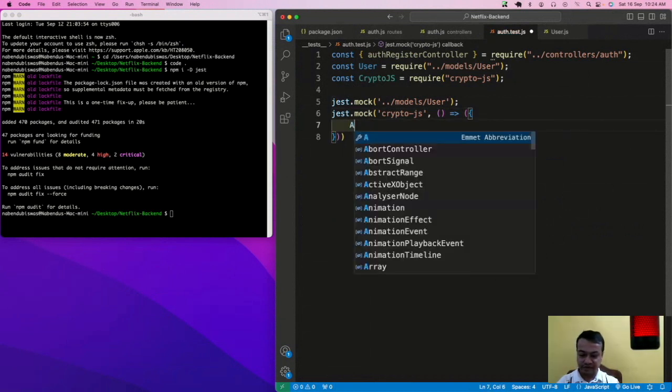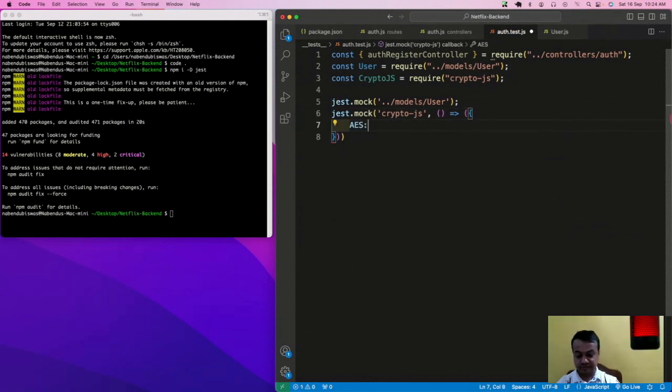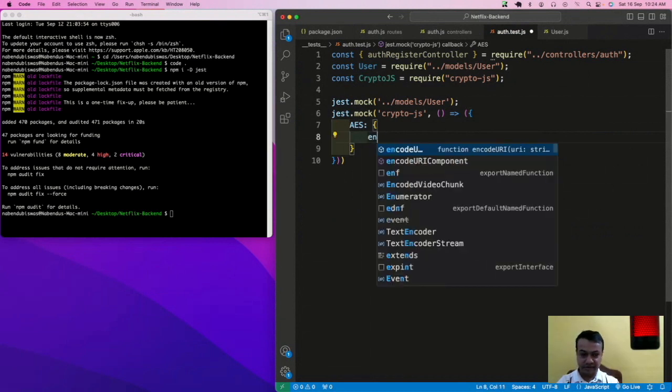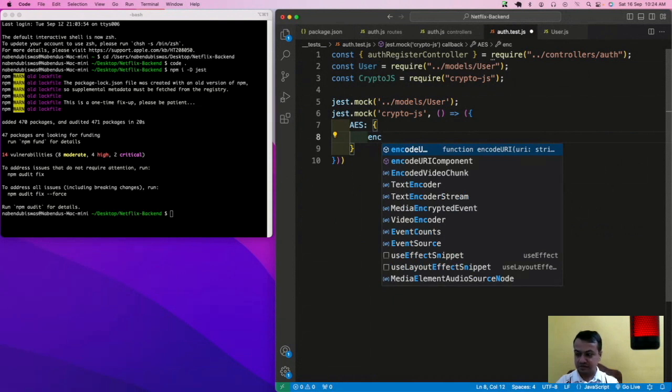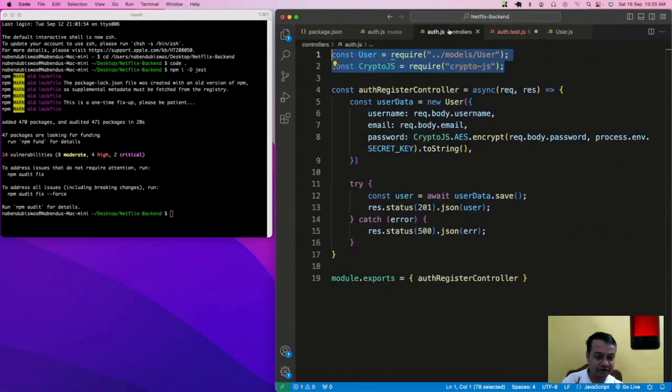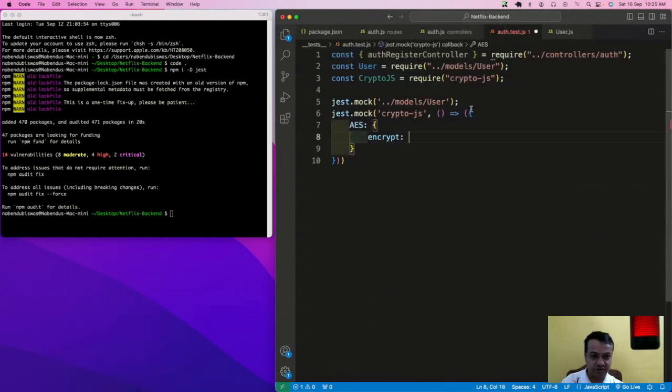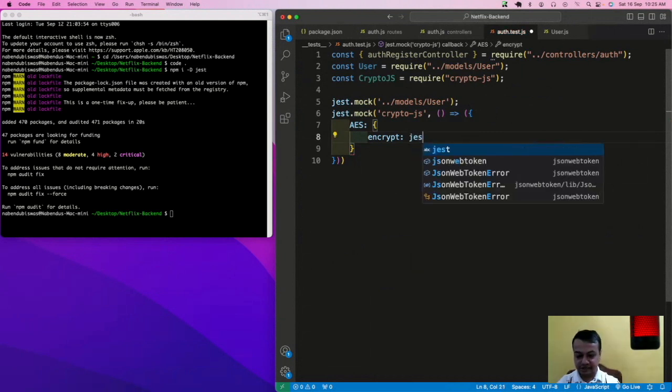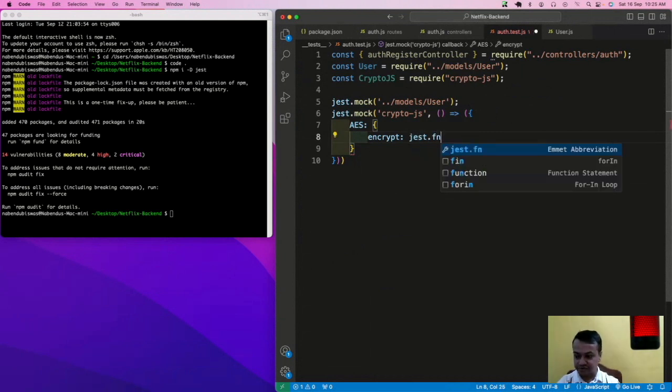Like this I'll have, and then AES and encrypt. Okay. So AES, actually, why are we taking AES? Because we are encrypting it through the AES algorithm in crypto JS. Okay. So AES we are mocking. Encrypt and just dot fn